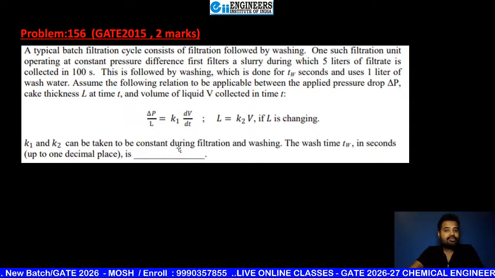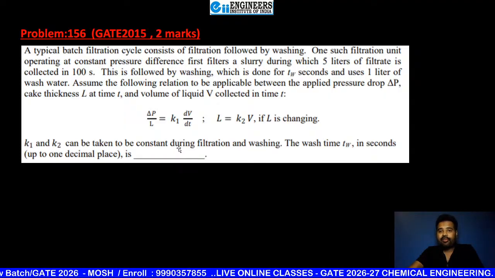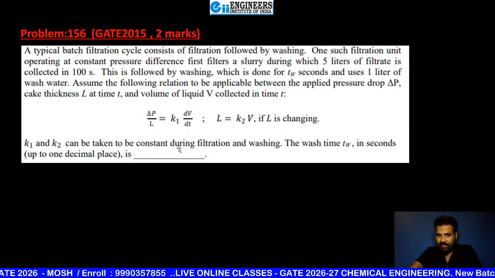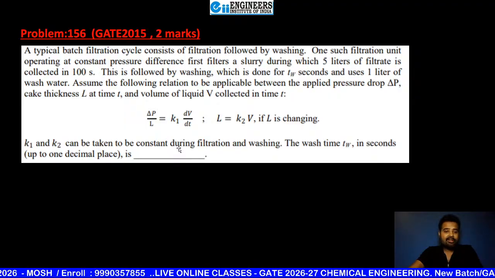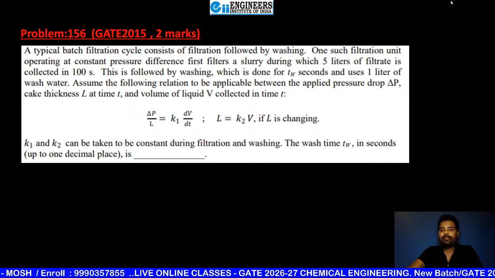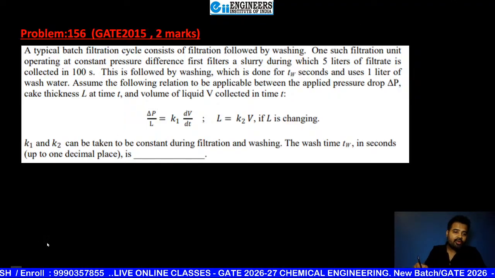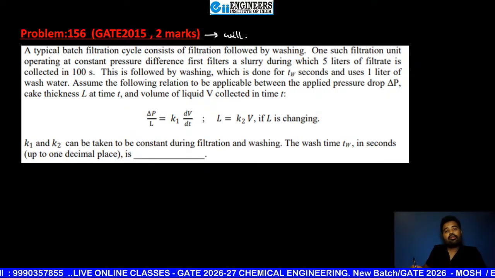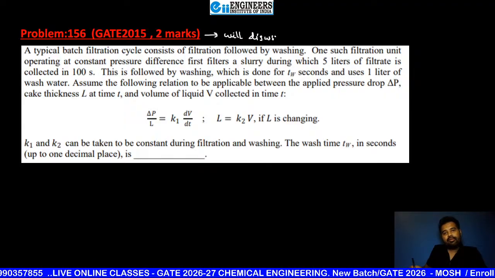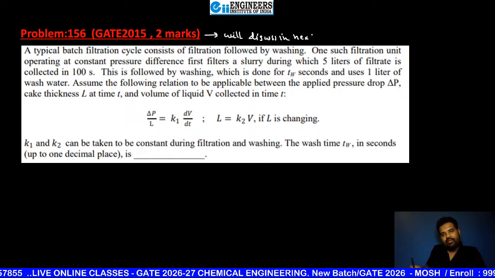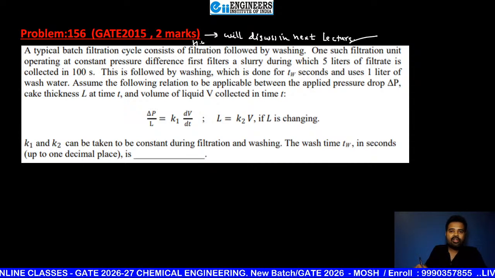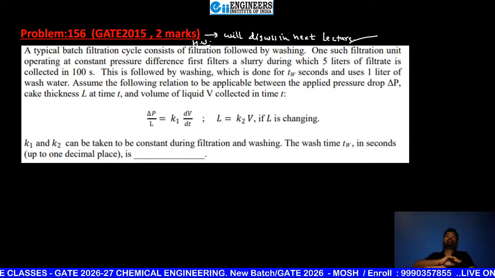Okay beta, a typical batch filtration cycle consists of filtration followed by washing. One such situation, a filtration unit operating at constant pressure filters. So lots of data are available there. So please solve this. Okay, this question we will discuss in the next lecture. You can take this time as homework, but you have 2 days and nights, or till the next lecture,